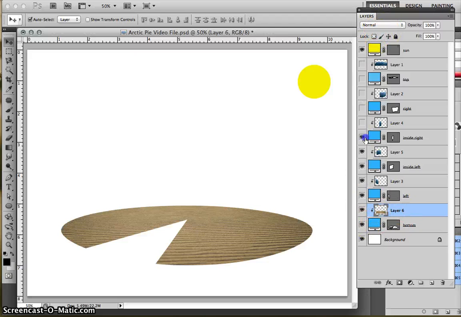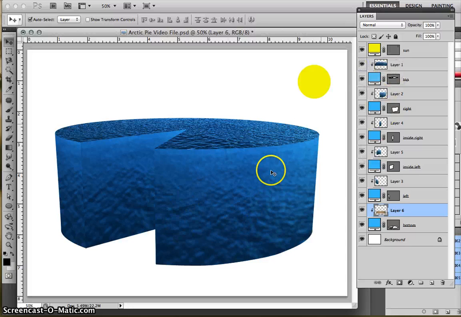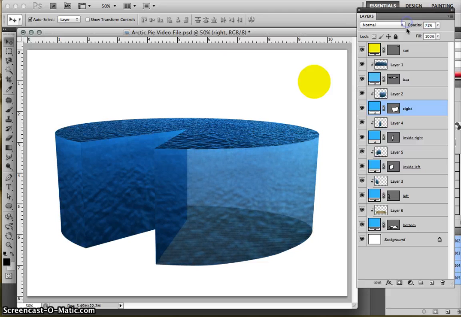Okay, go ahead and turn back on all your layers and let's work on this right side. I want to click it to select it. There it is. It should be at multiply at 100. First thing I want you to do is highlight the shape layer and drop the opacity to 70%, and you should be able to see through it a little bit, and go through and do all the other shapes about the same percentage, 70. The shape layer, not the actual image, the water image. So go through and make them all about 70%ish, and you should see some